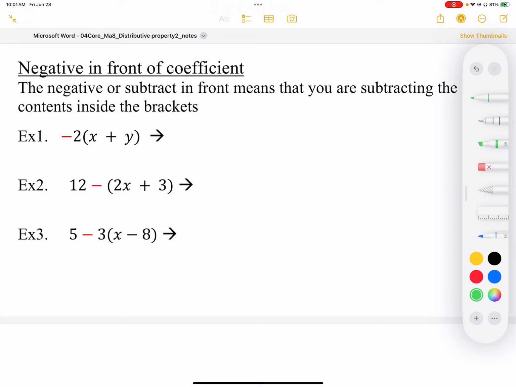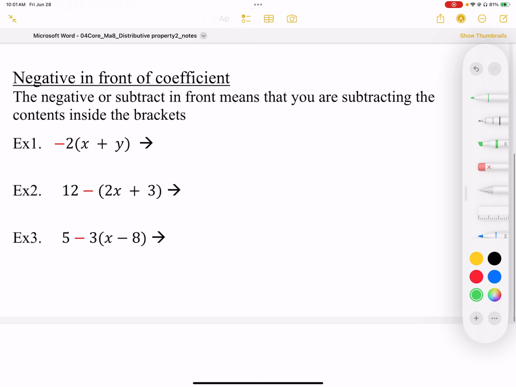When we have a negative or subtract in front, it means that we're subtracting the contents on the inside of the brackets, or we're doing the opposite of the inside of the brackets. So when we have a negative in front of our multiplier like this, we should always group it together like this, because we're going to do the opposite of a group of two. So we should bring that opposite, or the negative, along, and when we distribute, we're going to distribute with